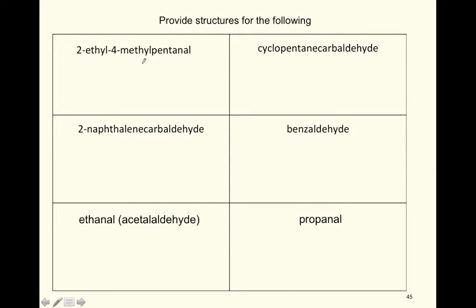All right, so let's take a look at these. We have pentanal as the parent, so I'm going to have 5 carbons in a row. 1, 2, 3, 4, 5. My aldehyde group is going to be coming off of the number 1 carbon, and the accepted abbreviation for an aldehyde is CHO. It can't be OH, it has to be H and then O, so be careful with that. Coming off number 2 would be an ethyl group, CH2, CH3. And then coming off of number 4, remember this is 1, 2, 3, 4, I would have a methyl group,